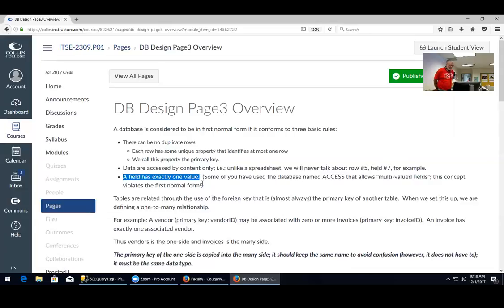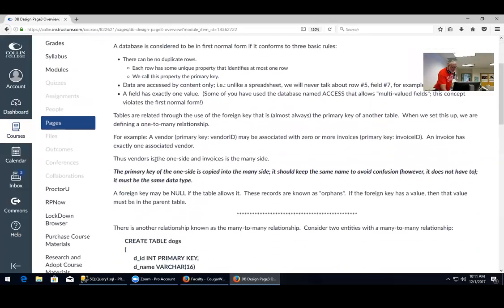Okay. So we say the key. First normal form gives us the key. Tables are related through the use of a foreign key that is almost always the primary key of another table. Almost always. We're going to look for some that maybe aren't. When we set this up, we are defining a one-to-many relationship. An example: